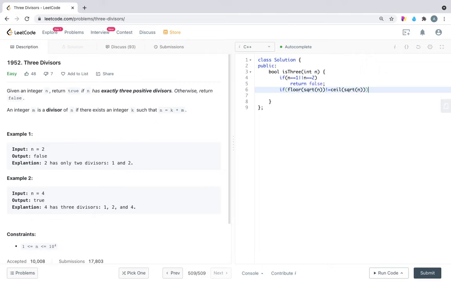And if it is not equal, then it is not satisfying our condition and we can return false.